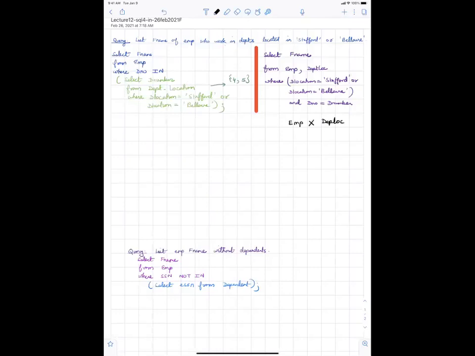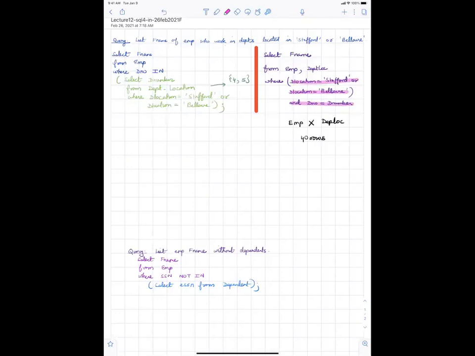Then you use these conditions, D location is equal to Stafford or D location is Bel Air, and you look at rows that match these 3 conditions, and then you get the answer. So that's how the join query on the right is computed.